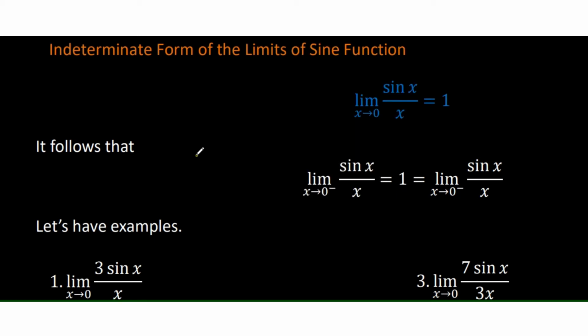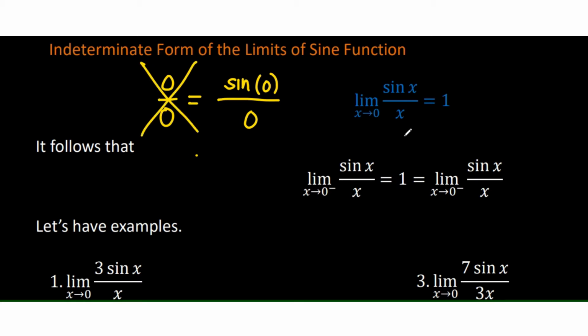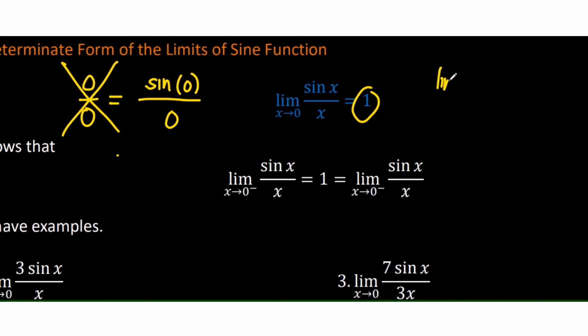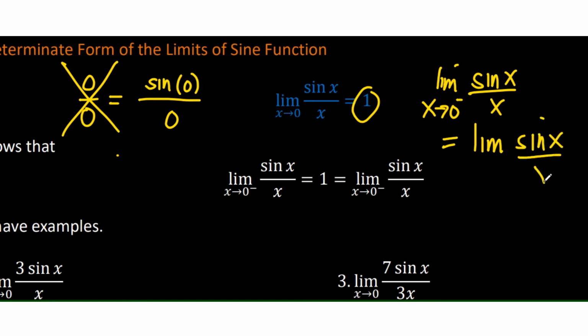The indeterminate form of the limits of sine function is the limit of sine x over x as x approaches 0. Remember that sine 0 over 0 is equal to 0 over 0, which is an indeterminate form. But again, according to the rule of limits, the limit may exist. This also means that the limit of sine x over x as x approaches 0 from the left is equal to the limit of sine x over x as x approaches 0 from the right, and they are equal